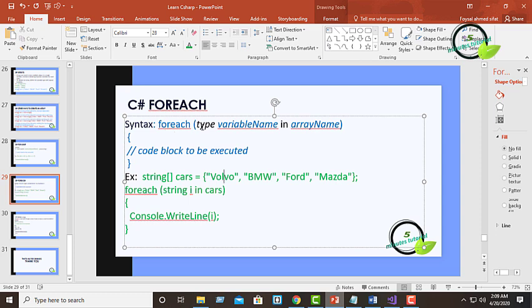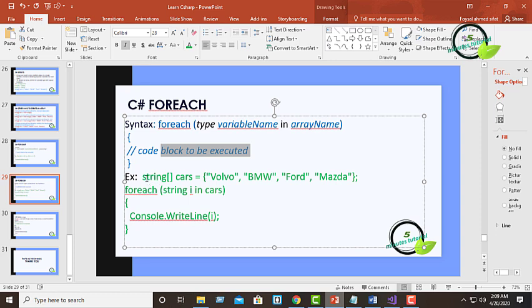First we have to give the data type of the array and initialize the variable. Then we have to give the array name here. It will execute the for each, check each value of the array and execute the code here.